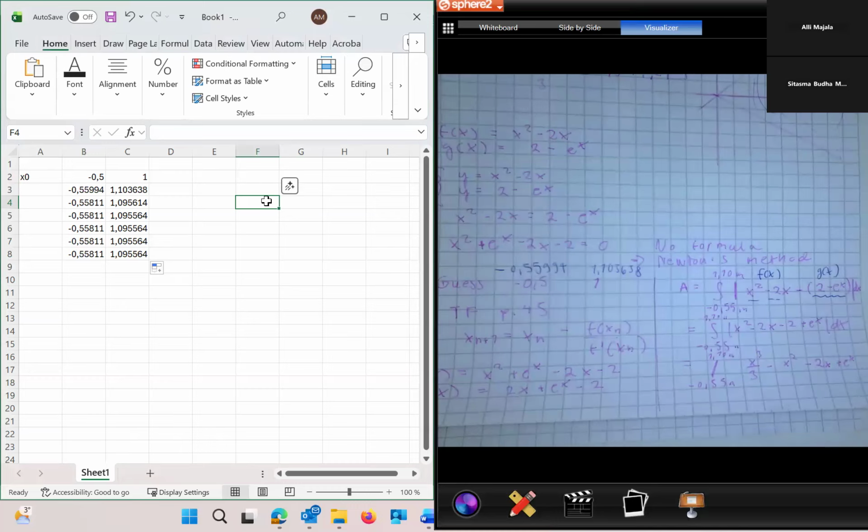Would I like to do it in Excel or somehow? I would do it in Excel. I don't want to do it with the calculator. So now I calculate the area. I mark it here. And it is